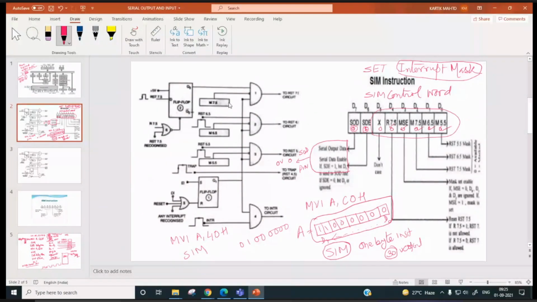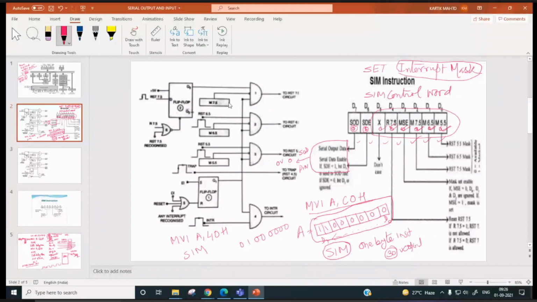For setting the interrupt mask, these bits we have to activate, no? Right? We will discuss later on. But if we have moved something to the accumulator for setting the mask, this D6 also has to be there, right?